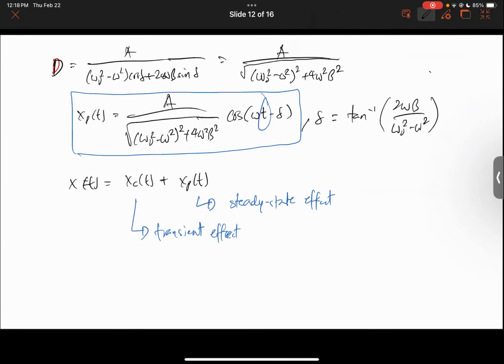To derive the resonance frequency, we take this amplitude D and take the derivative of that with respect to omega,